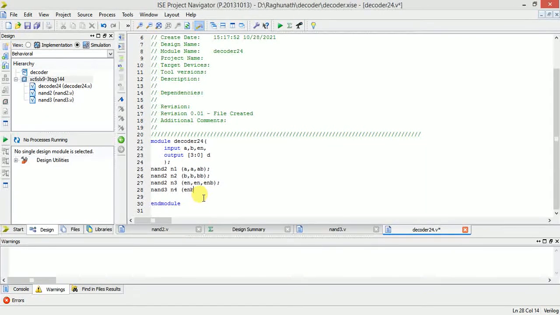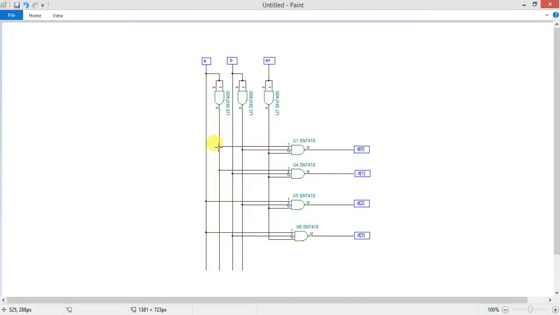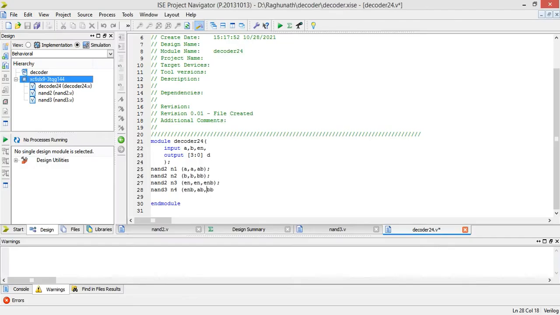So enable bar is one input. Next A bar, then B bar. These three are the inputs. The output is D of 0.